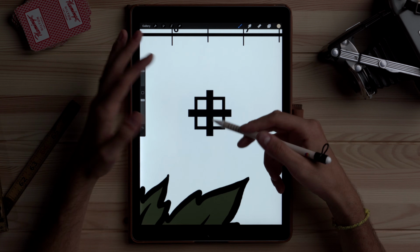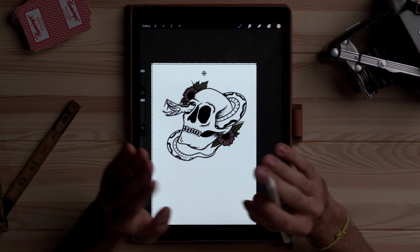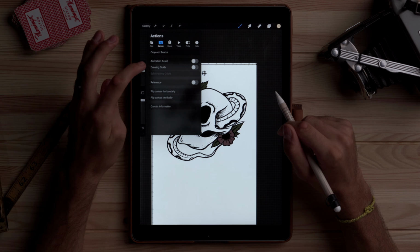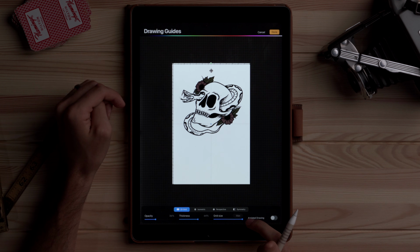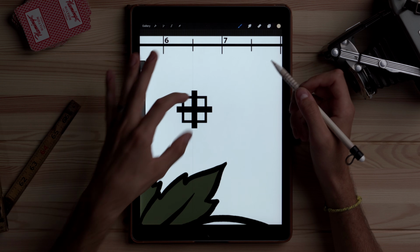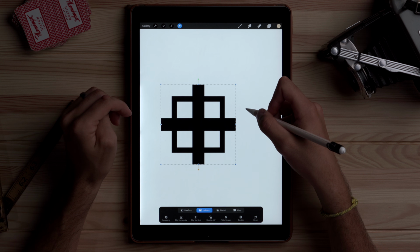This is the kind of registration mark that we always use. This one's available to you. Now, if I want to make sure my artwork and my registration mark is perfectly centered on our artboard, what you can do is hit the little wrench up here, go to Canvas, go to Drawing Guide, hit that, and then Edit Drawing Guide, and you can just push this grid size to maximum, and it gives you a perfect center line. And we can zoom in super close, and we can just go and line up our registration mark